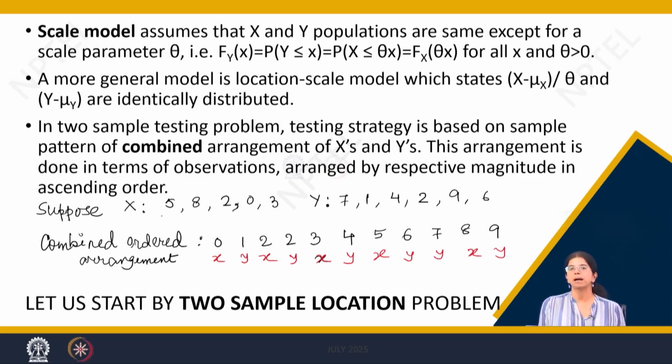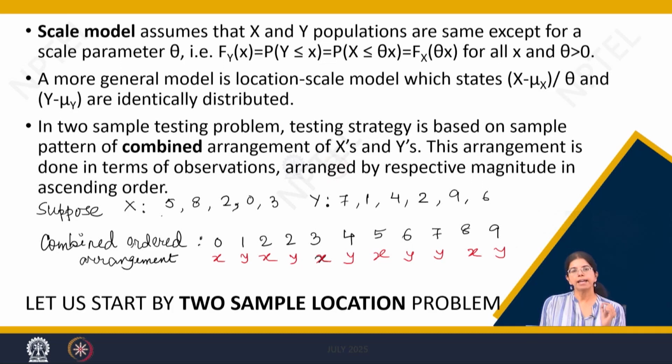Suppose you have two samples, one from X and another from Y. In X you have 5 observations: 5, 8, 2, 0, 3, and in Y you have 6 observations: 7, 1, 4, 2, 9, 6. You have to make the combined ordered arrangement. That means you have to mix both X and Y and arrange all the observations in increasing order. So, in increasing order you will have 0, 1, 2, 2, 3, 4, 5, 6, 7, 8, 9, and at the bottom